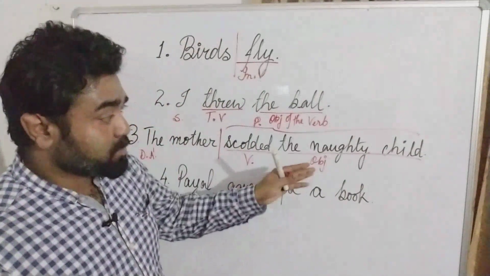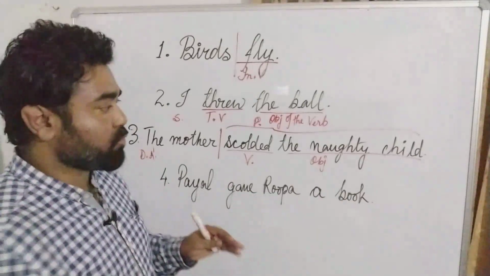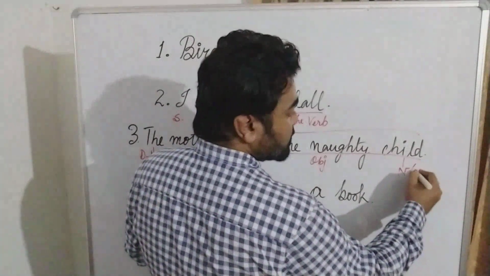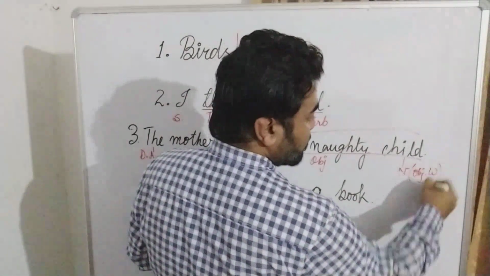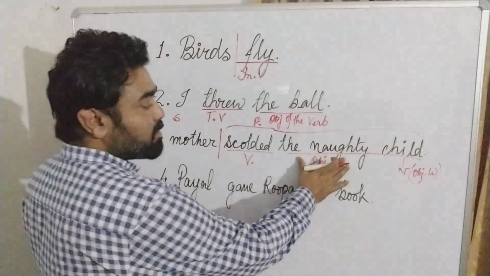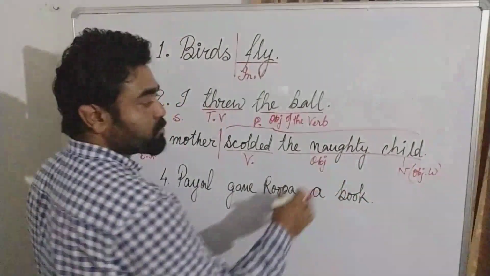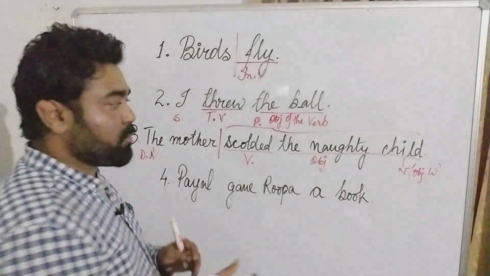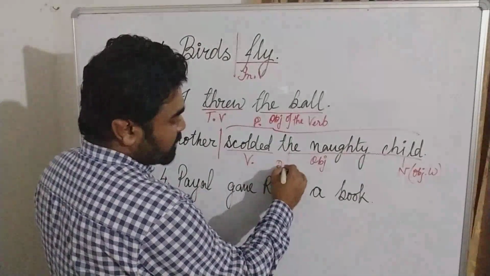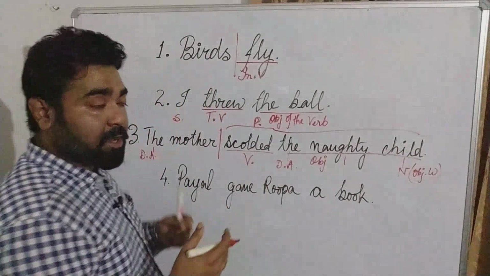So now what will be the object word? The object word, as we have already read in rule number 2, has to do something with a noun. Can you see a noun here? I can see it. It's child. So this is the noun, which is the object word, right? So then what is the use of these two words? Just like in the subject we had subject attributes, these two are the object attributes, additional information about the object word. So if we classify them, this the, again same as before, will become your definite article, and naughty here, since it is qualifying the child, which is a noun, what type of child?